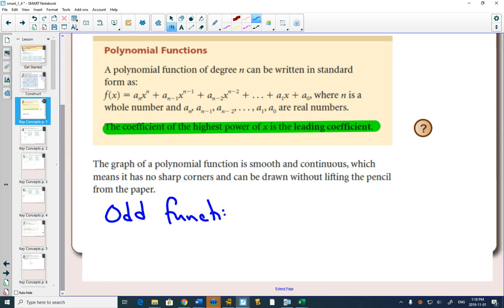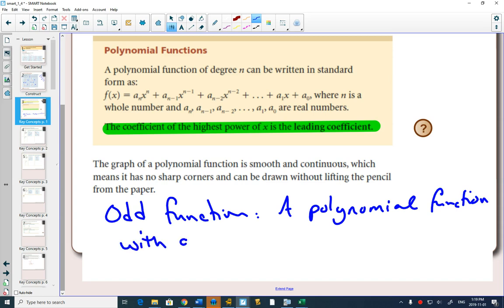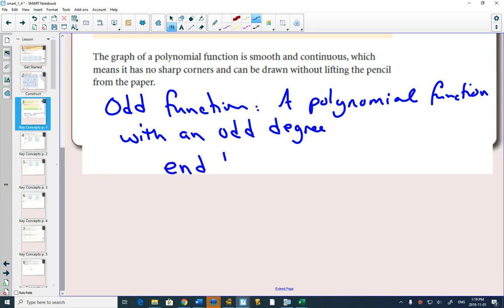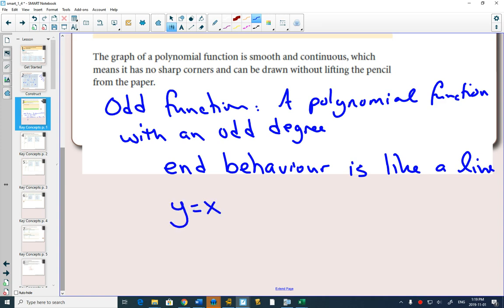Odd function. So this is a polynomial function with an odd degree. So in other words, the biggest one is an odd number. Okay? The end behavior of all odd functions is like a line. You know that y equals x is your first odd function because it would have a